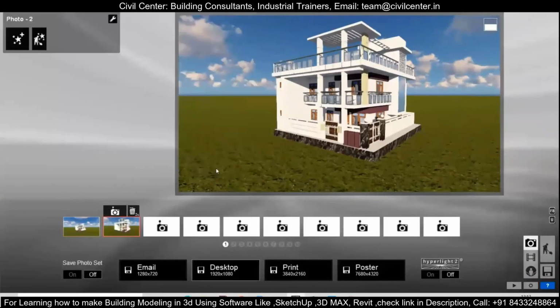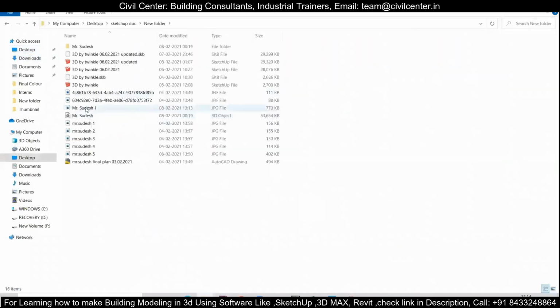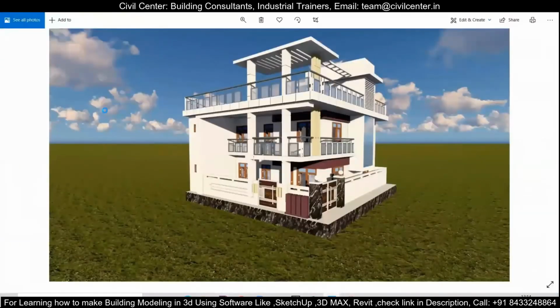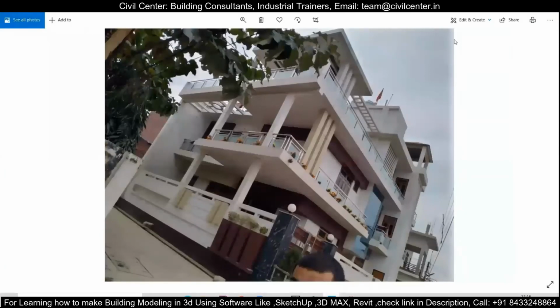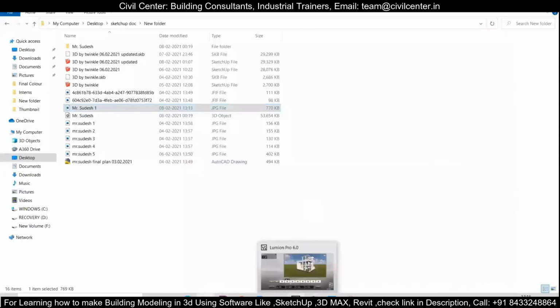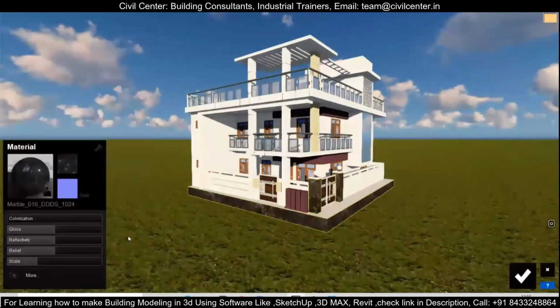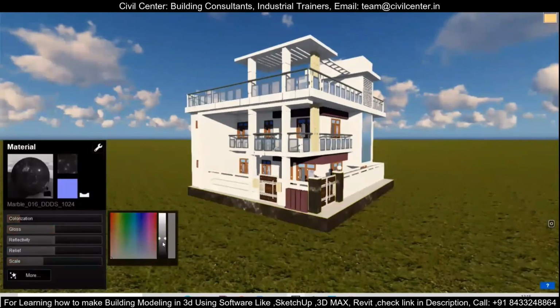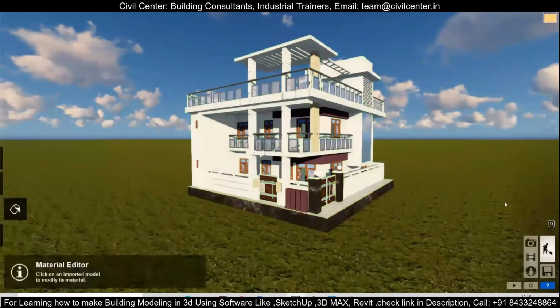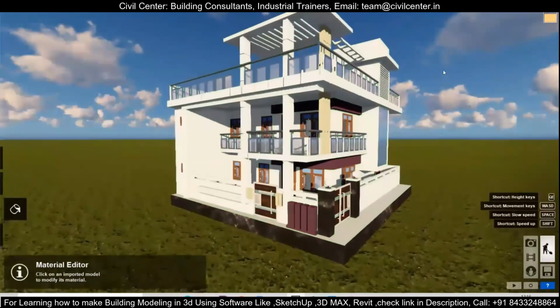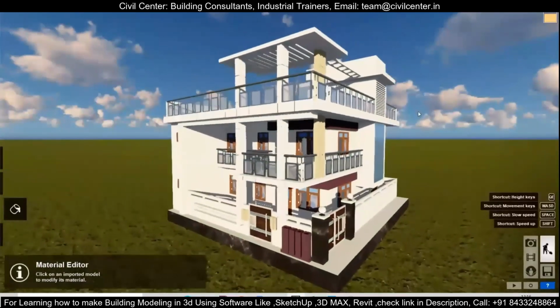Now I am exporting it, and for that I have renamed it. And after the renaming and export, you can go ahead and see the rendered view of this image. So you can always zoom in and see where you want to make the changes, and I will match it with the reference image again and again. Now that I am satisfied, I can go ahead and close it, and if I am not satisfied, then I will change the material and export it again. Okay, so that I can get the best view of my model.